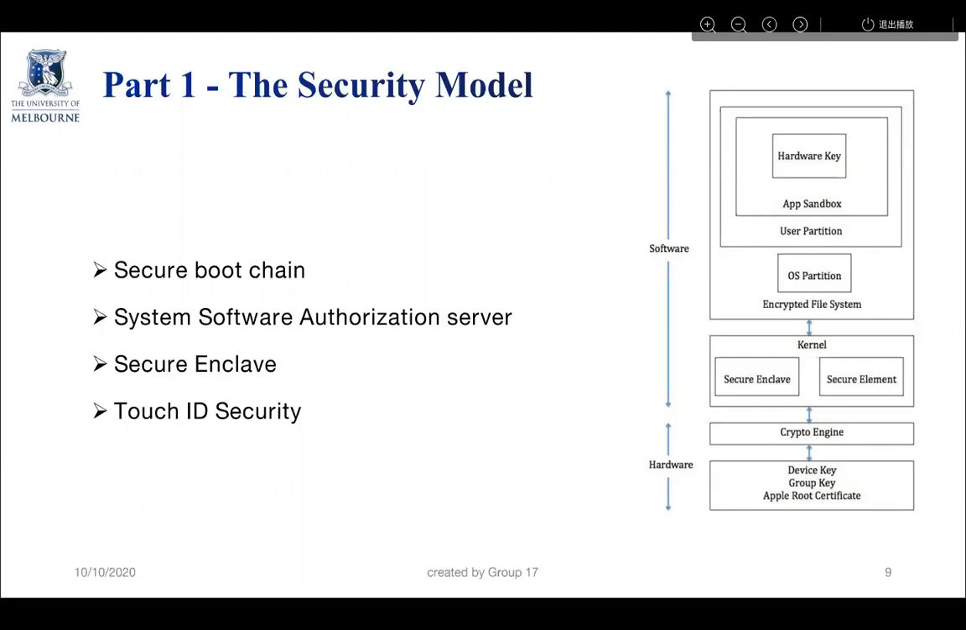The secure boot chain feature is that the bootloader starts to verify the signature for each step of the boot. If it fails, it will go to the recovery mode. The system's software authorization server is a remote server to prevent downgrade, and there is a mechanism called nonce used to prevent an attacker from saving the server's response and using it to tamper with the device or otherwise alter